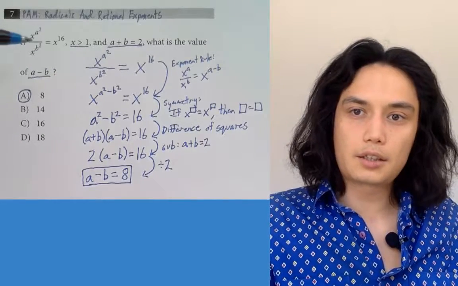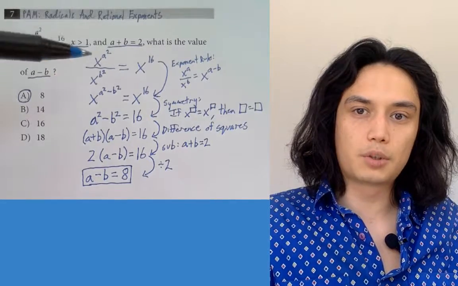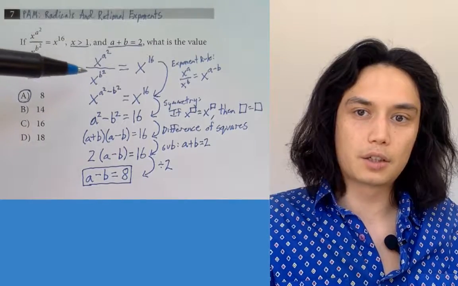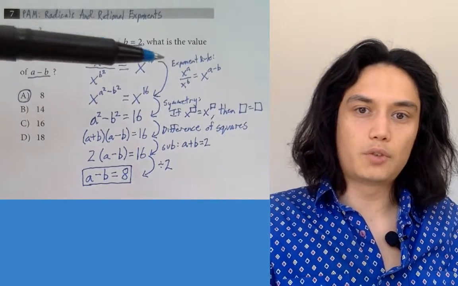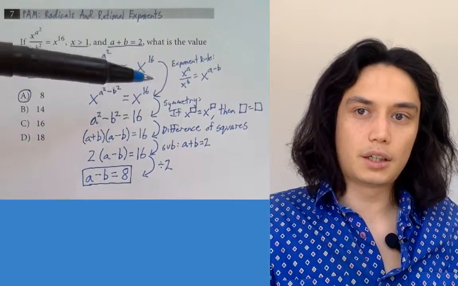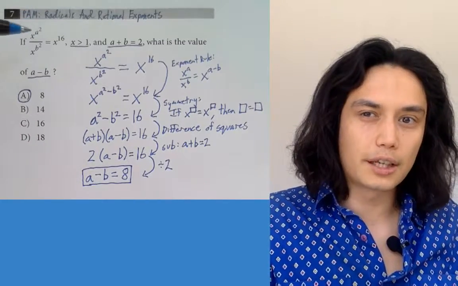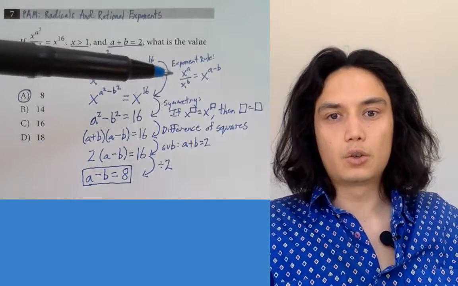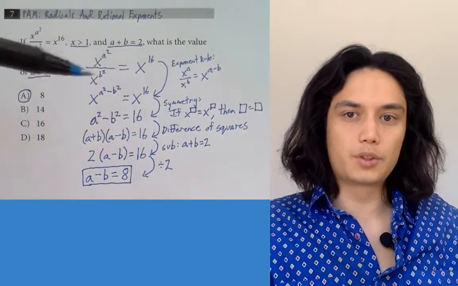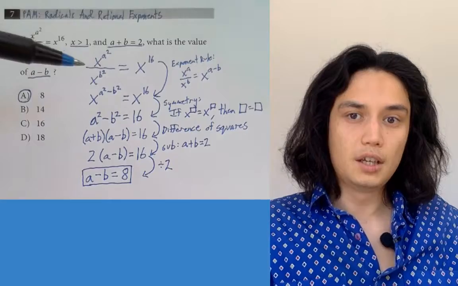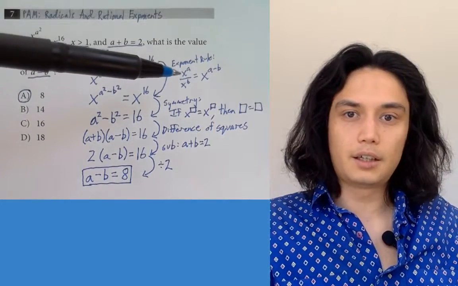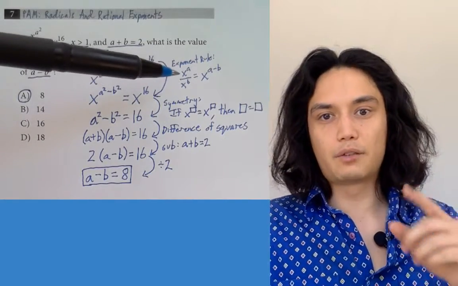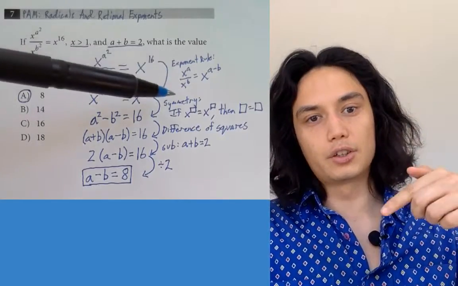So here, x to the a squared over x to the b squared equals x to the 16. That's just me rewriting this right here. And the first step involves one of the exponent rules. This is a radicals and rational exponents question. These questions test, among some other things, your knowledge of the fundamental exponent rules. Here, the exponent rule that we're going to use first is the rule where if you have something to the same base, if you have an x over and an x under the fraction,